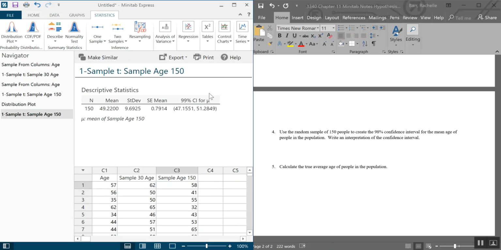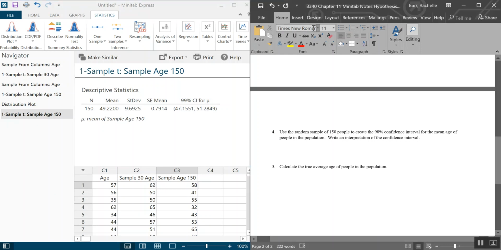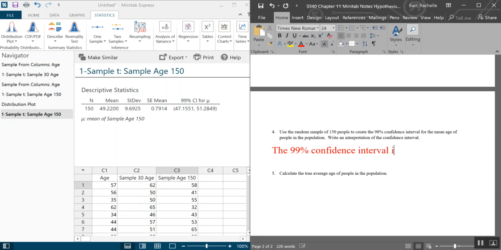And there's your confidence interval for the mean, right there at the end. None of this stuff matters, just that. So I'm going to type something just because I want to make sure that this is clear. The 99% confidence interval is 47.1551, comma